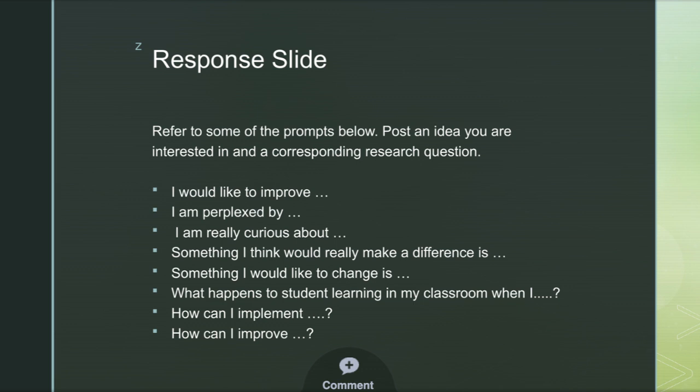So think about one of these little topics, what you're interested in, what you're curious about. And when you post that part, I want you to come up with a research question. Remember, use those beginning phrases like "what happens when" or "how does." Those are very open-ended and not